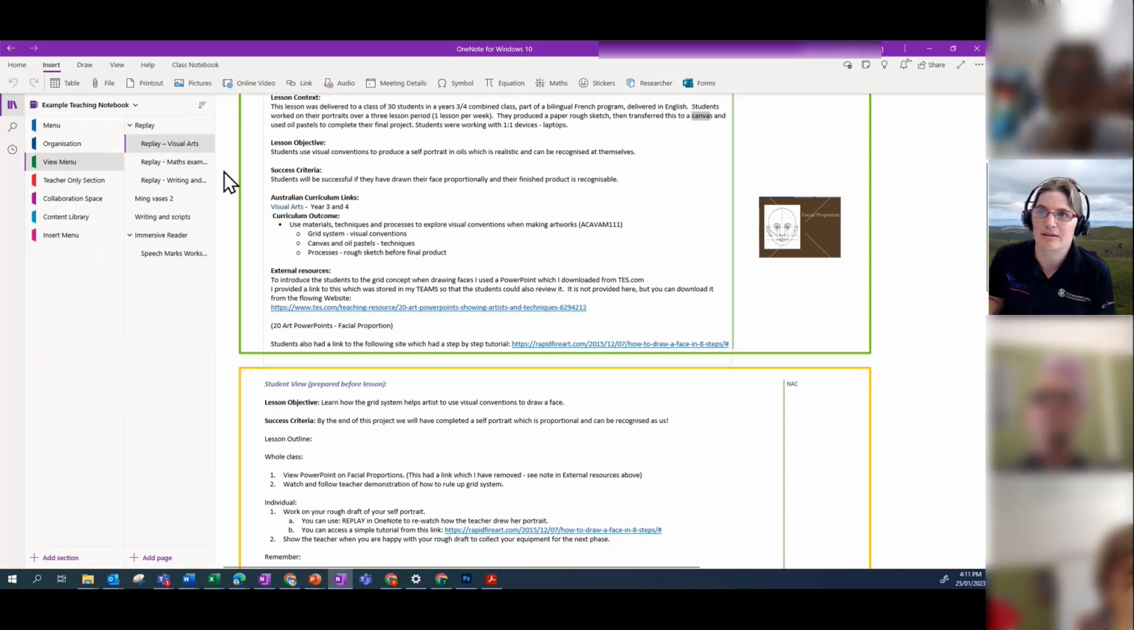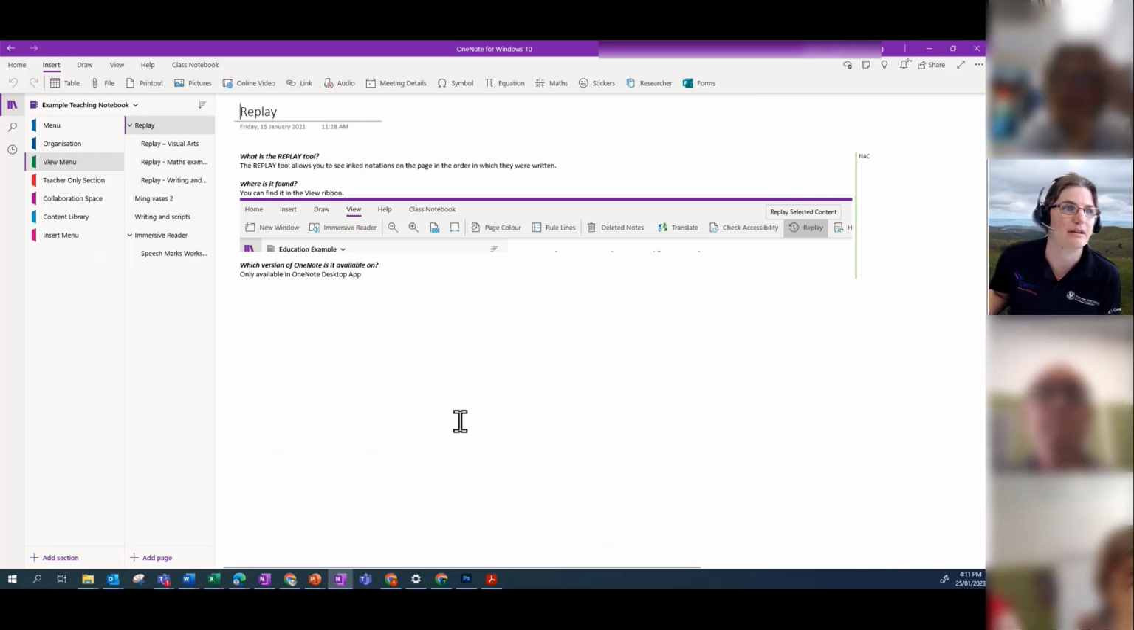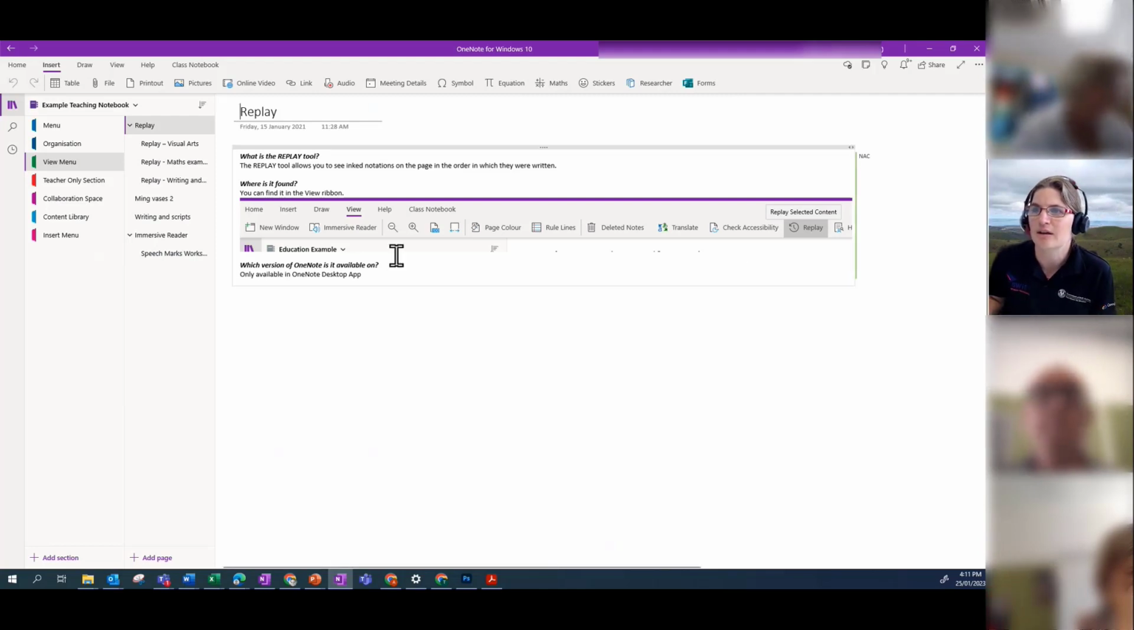So one of them is the replay tool. So this isn't a class notebook. This is an example that my team's created, and you can have a look at this example yourself. There's a link to this in the training summary, so you can have a look at this. So the replay button is in view,